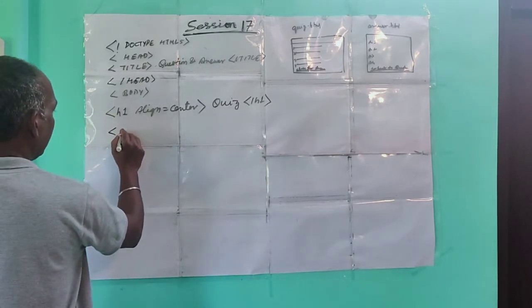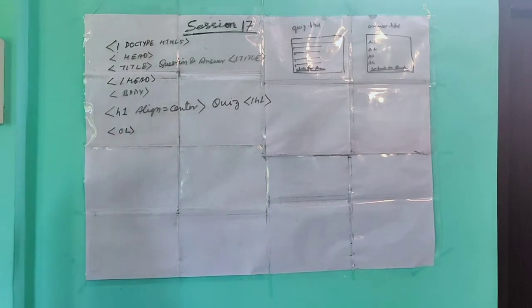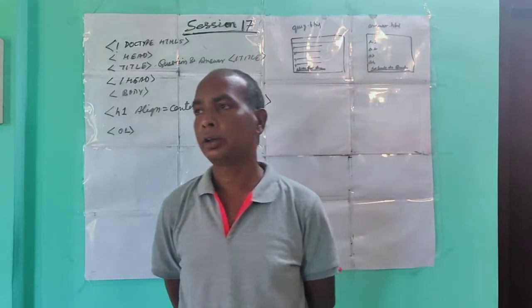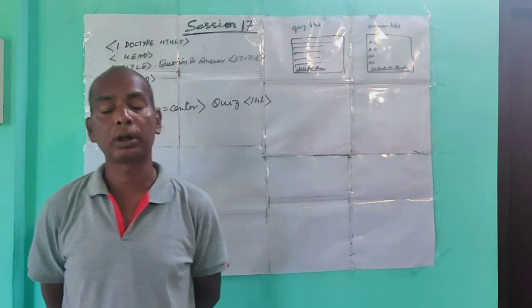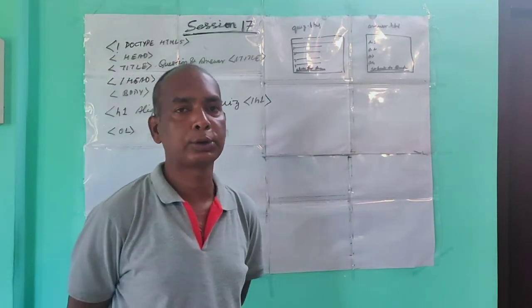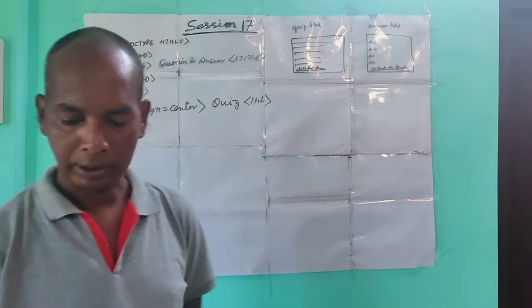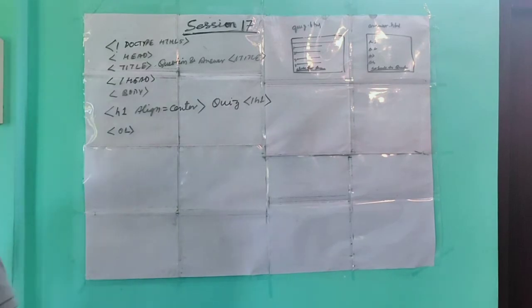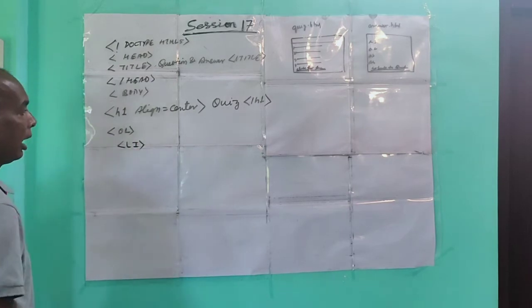After that, OL. What do we mean by OL? OL means listing. There are two types of listing. One is called ordered list, the other is called unordered list. For ordered, we write 1, 2, 3, A, B, C, D. These are the values used for the ordered list. For unordered, we use bullets, square, then circle. Okay. Now write the text. OL, and LI is used for listing the items.